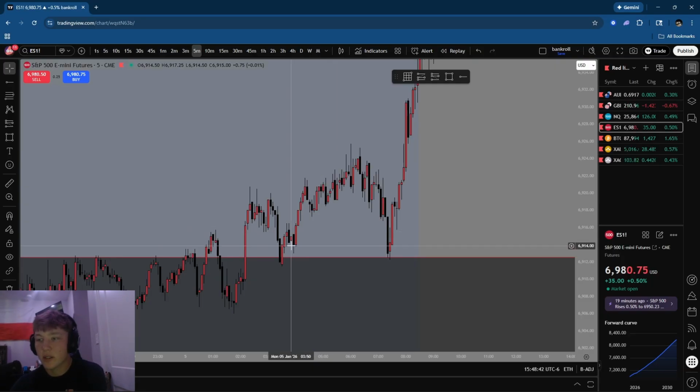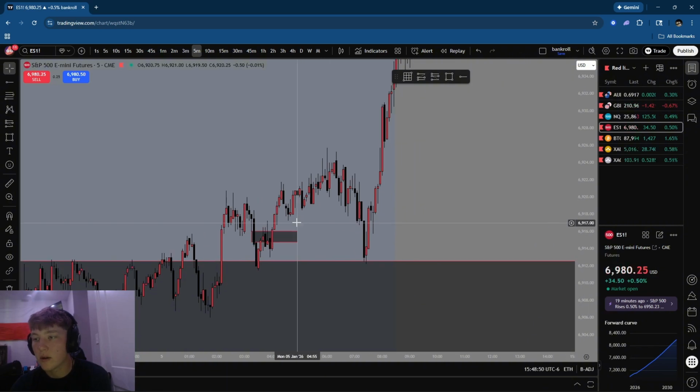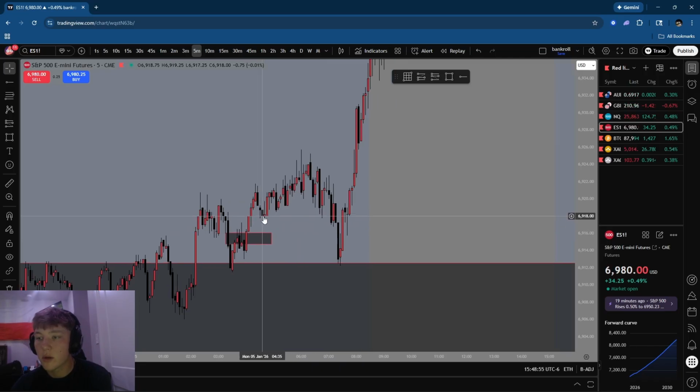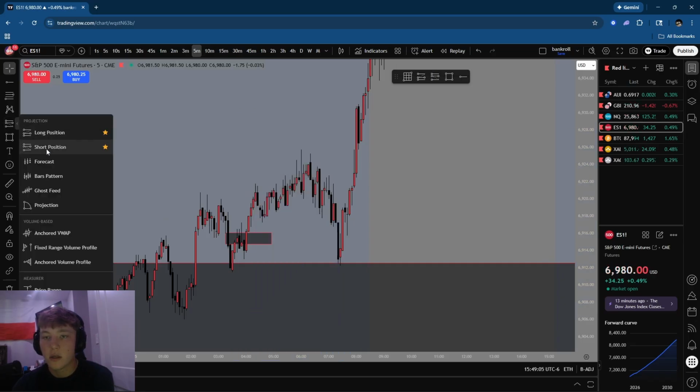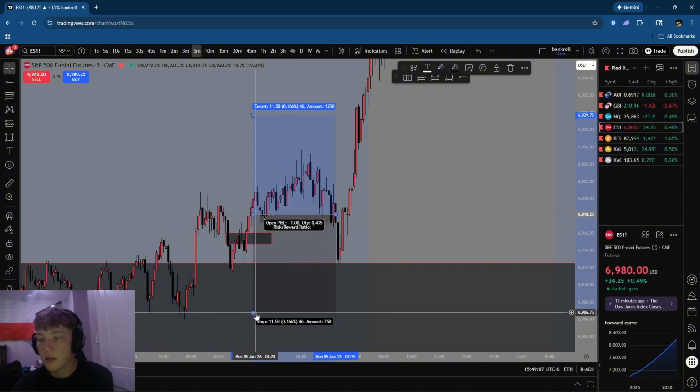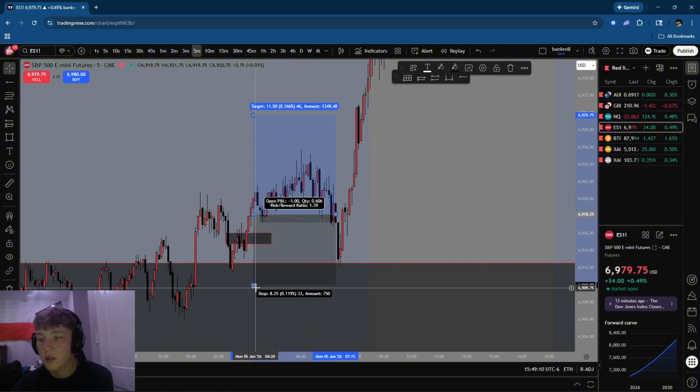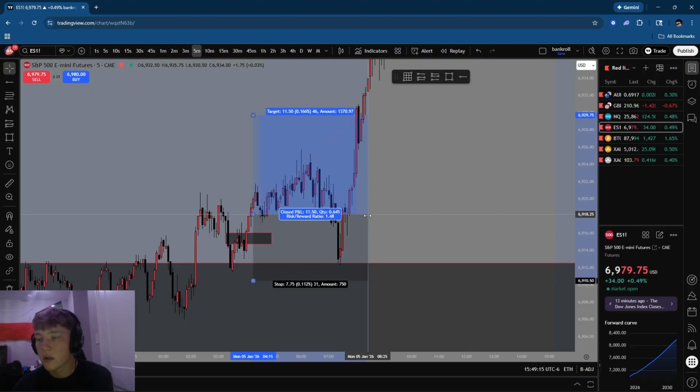So once we have this retrace right here, what I'm looking at is we really inverse that gap right there, and that's a good sign. So I probably would have gotten in somewhere like in here. It would have taken a while. I would have put my stop loss below these lows, which is good. I usually wouldn't have it that wide, but